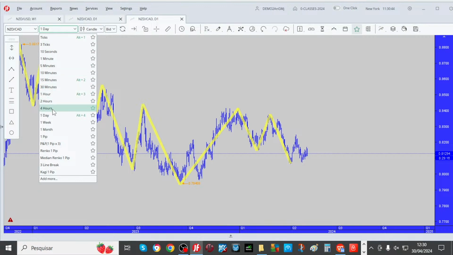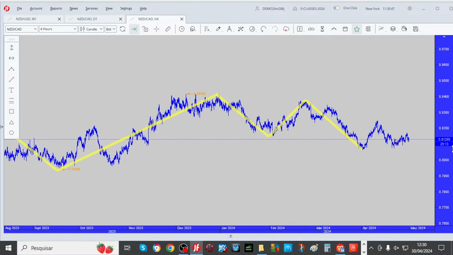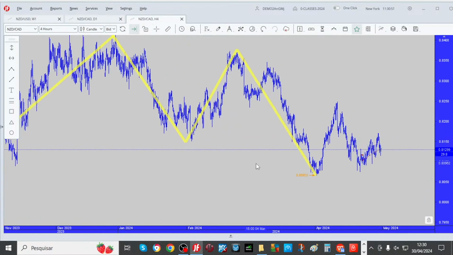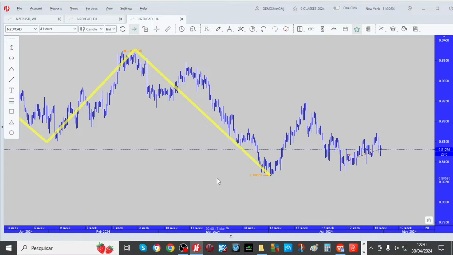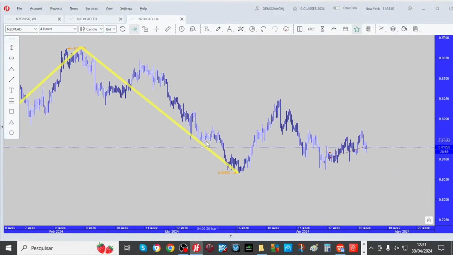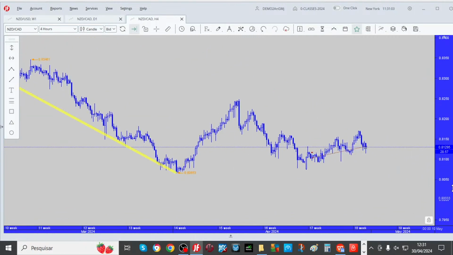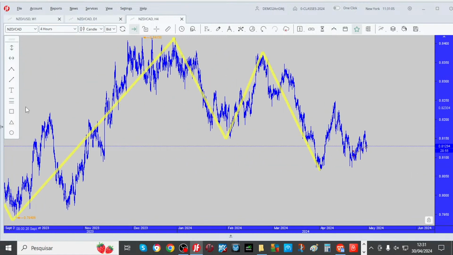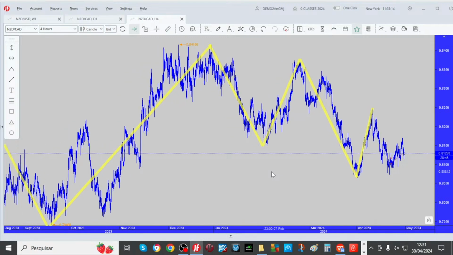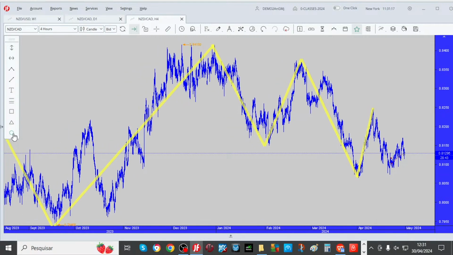And if I go on the 4-hour chart, can we see the same story? Higher highs, higher lows. Yes, we do, right? Lower lows, lower highs, higher highs, higher lows, lower lows, lower highs. All right. So far this is the new retracement. Okay, so from my strategy, talking about the market wave,